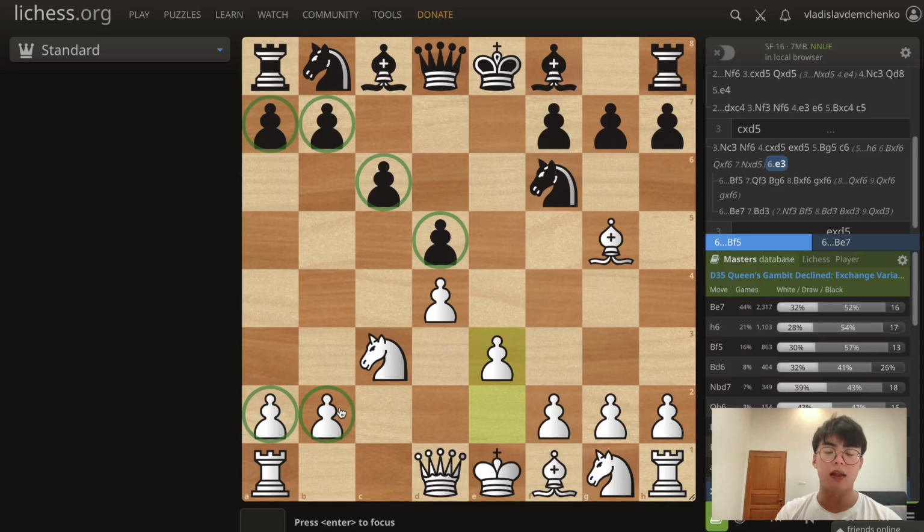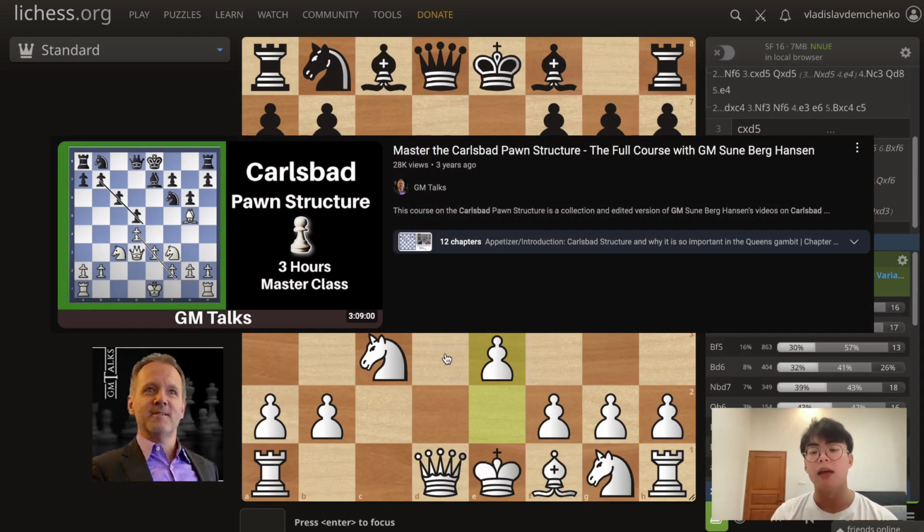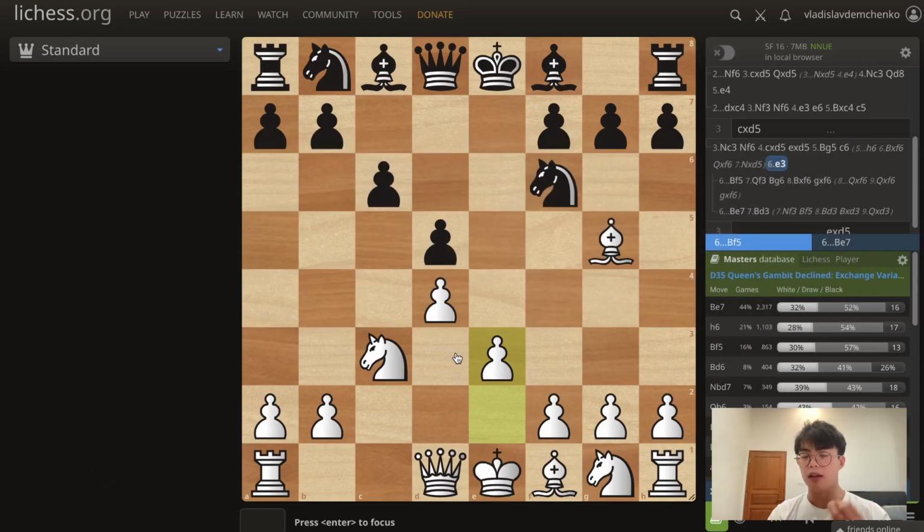And so this means that there are a couple of ideas related to this pawn structure, which you can analyze and study in depth with many good resources. One of them being Grandmaster Sundberg Hansen on his YouTube channel, where he really highlights this pawn structure and its importance. And the thing about this pawn structure is that if black doesn't know what they're doing, then,